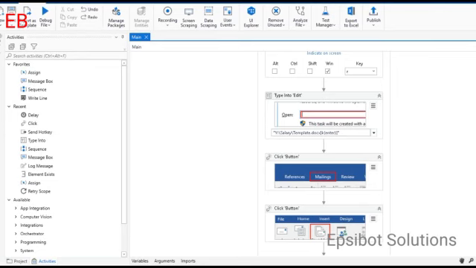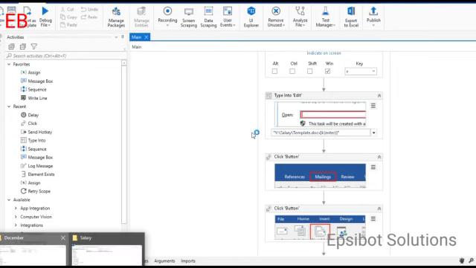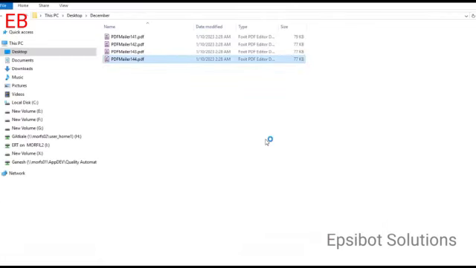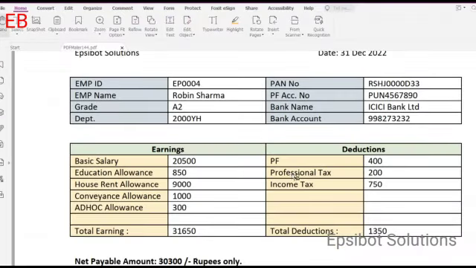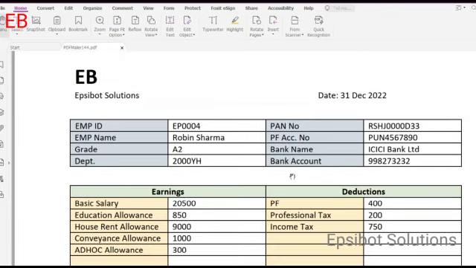That's it. Now you can see the salary slips generated over here. There are 4 salary slips. Let me open it. You can see the salary structure and the salary slip is